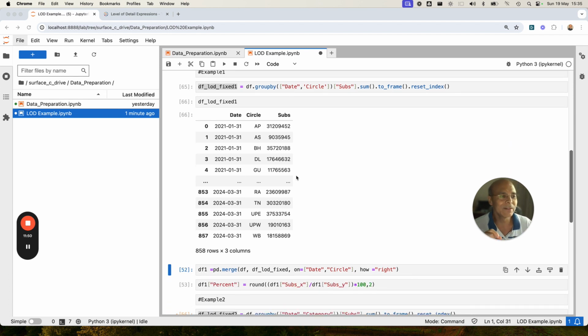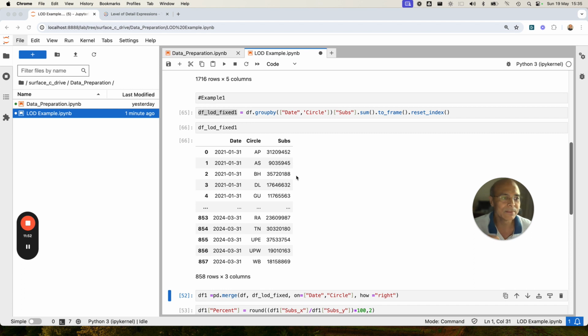The reason we are going to use level of detail is sometimes you have to work with the data. And when you are working with the data, maybe you want to calculate percentage, right? Let's say for AP, what is the percentage of wireless subscriber and what is the percentage of wireline subscriber. For that, you need the sum of wireline and wireless subscriber together, and that's why you will use a group by function like this. So when I have calculated the group by function, I have stored this in this data frame